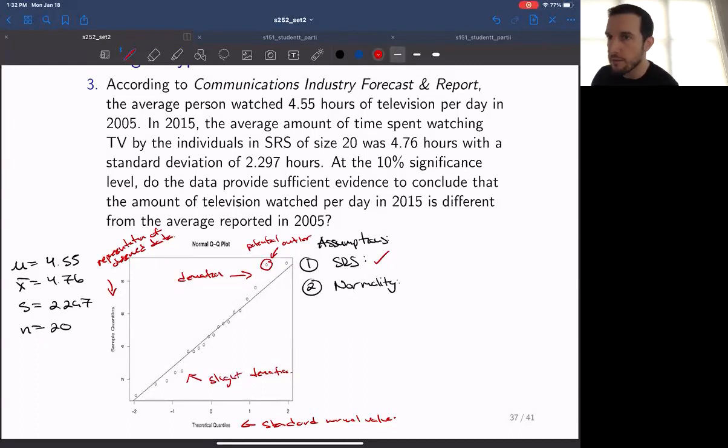However, someone that's more strict might say that this is emitting an S shape, which is evidence of a Student t distribution rather than a standard normal distribution. So there is subjectivity in using the normal probability plots to verify normality. A very strict statistician might say that this is not close enough and that these deviations do not warrant normality. Whereas in other cases, you might have someone that says, investigate that point, but it looks like we're okay to proceed. Hence, again, the idea of using formal hypothesis tests for normality, because that removes some of the subjectivity from the problem. So just for the purposes of the illustration, let's say